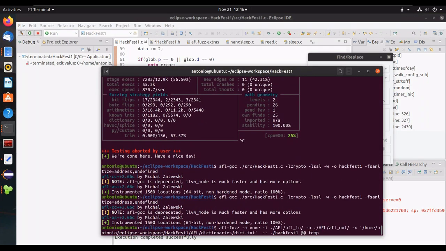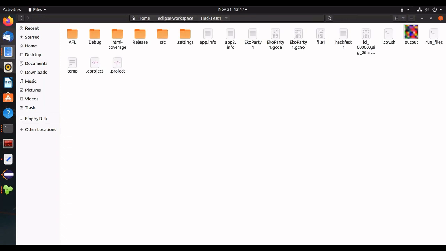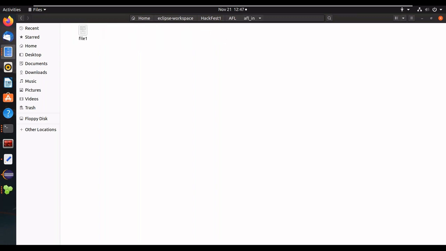Okay, now you can go with AFL fuzz. AFL fuzz, memory none. With this option, we are disabling the memory limit because address sanitizer uses a lot of memory. And then you write the input directory. In that case, we are setting AFL in. So if this is our main path, we need to create an AFL folder and inside an AFL in folder,